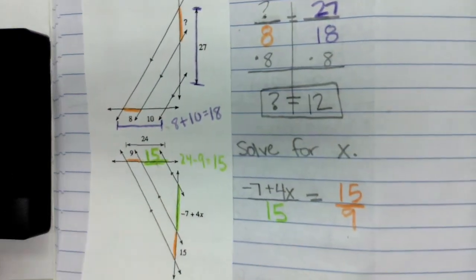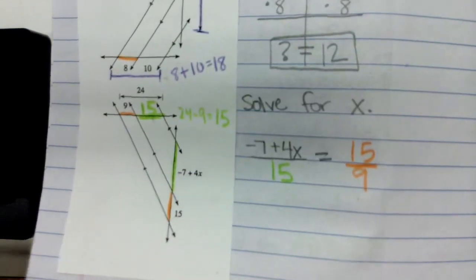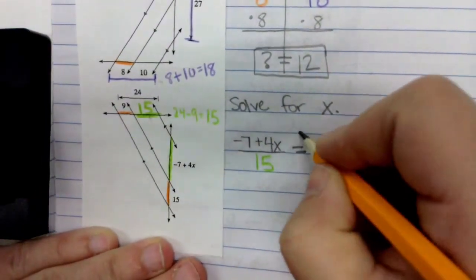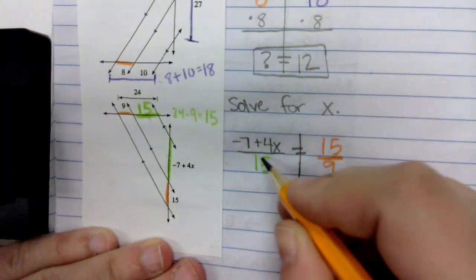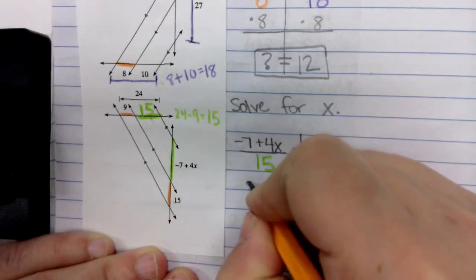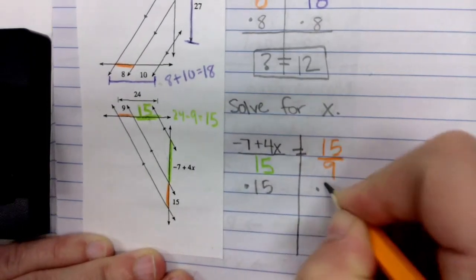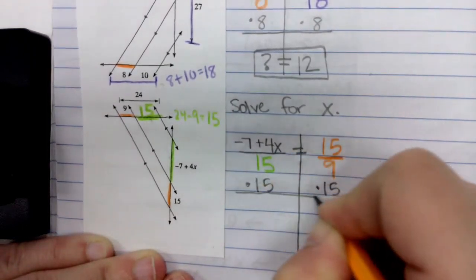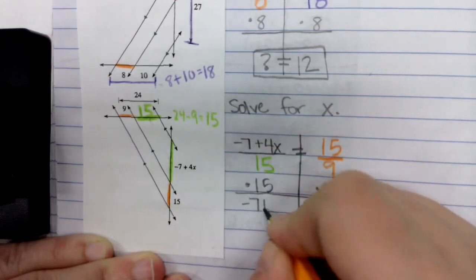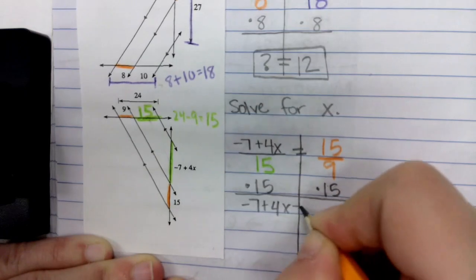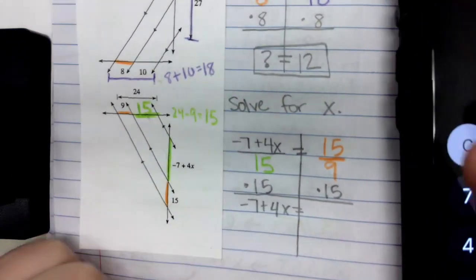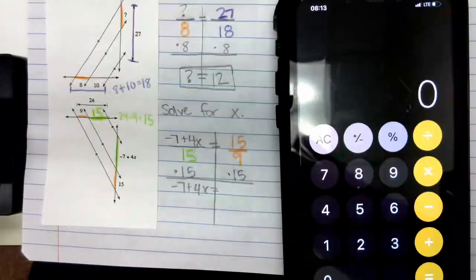Okay, this one's a little bit more involved as we solve it. Our first step, though, is x is in the numerator, so we're going to keep all of those things in the numerator. We're going to undo that dividing by 15. To undo a dividing by 15, we multiply both sides by 15. So that gets rid of that 15. I'm left with negative 7 plus 4x equals,